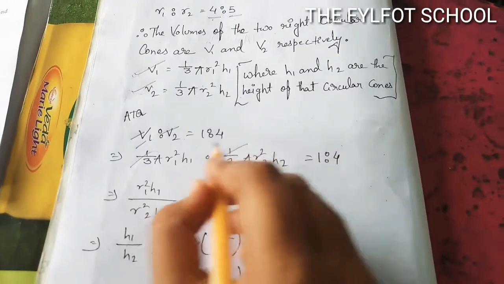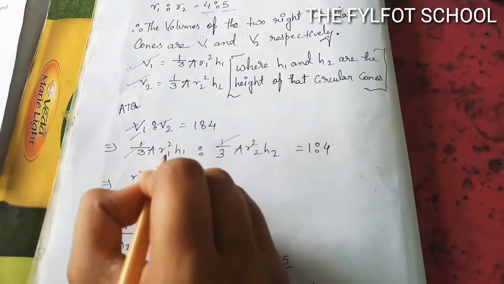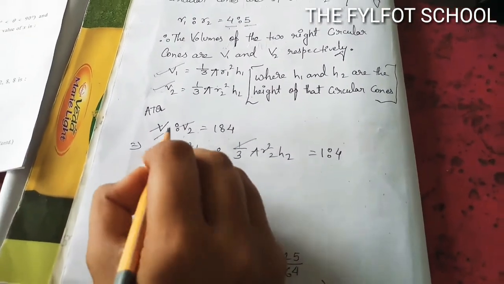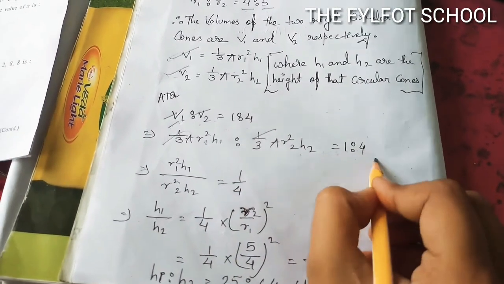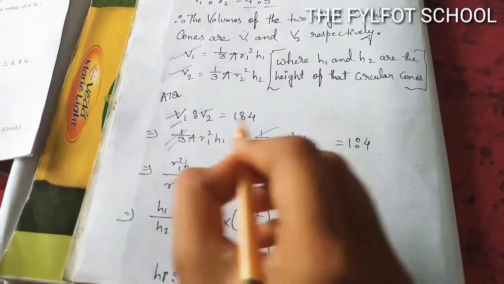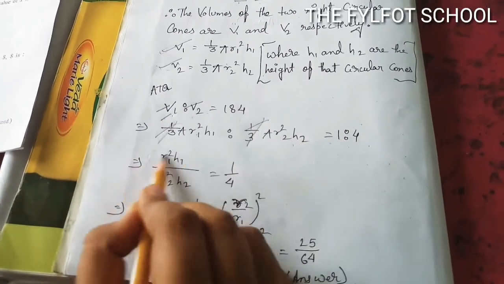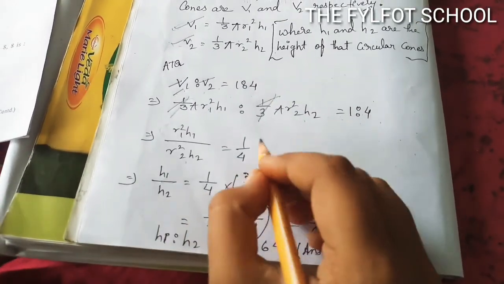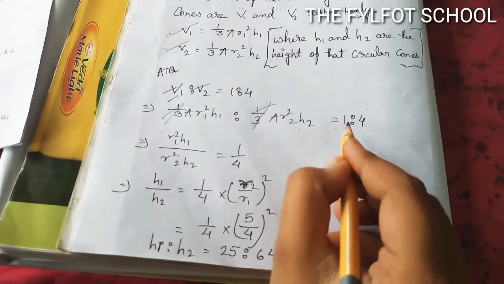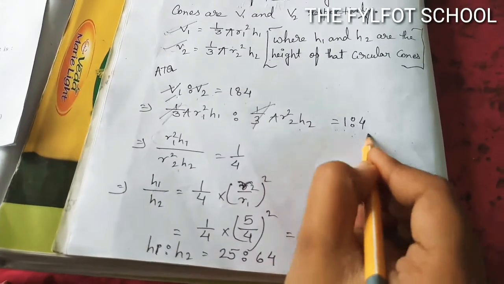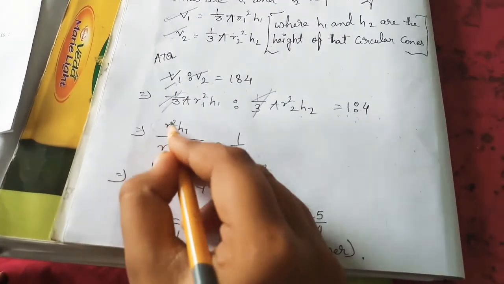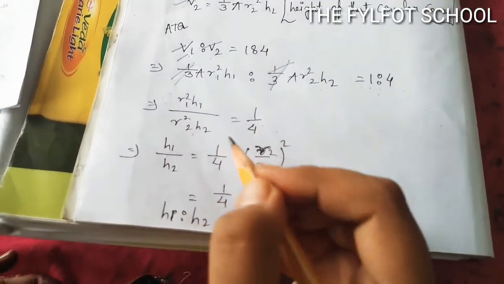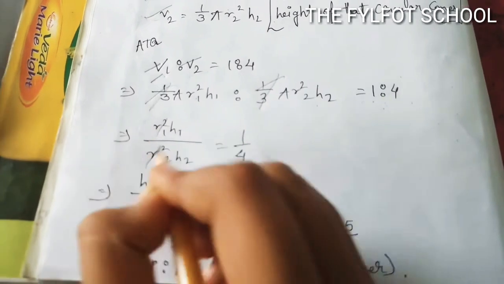Both are the volume, but we take the number that is different. The first number is 1 and the second number is 2, so we put 1:4. Here the 3 is cut, 3 is cut. Whatever comes, we put here. So our ratio will be the remaining, 1:4. Here also 1:4, so we get r square, and here is also r square. Both are similar, so it is also cut here.